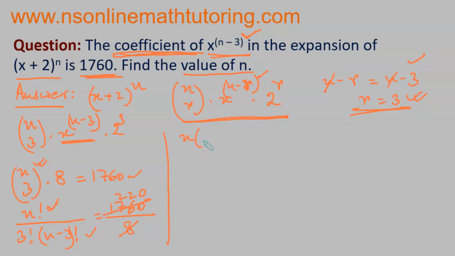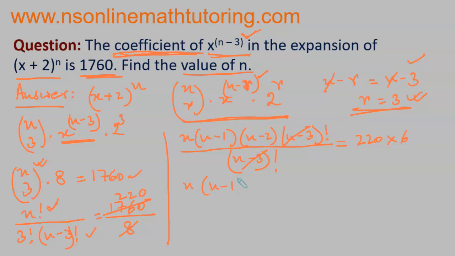So n times n minus 1 times n minus 2 times n minus 3 factorial over n minus 3 factorial is equal to 3 factorial, which is 3 times 2 times 1, that is 6. If we multiply both the sides by 6, we get 220 multiplied by 6. And these two will be getting cancelled, and we will be having the equation as n